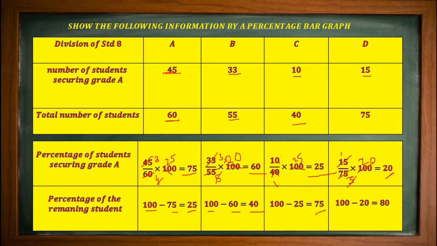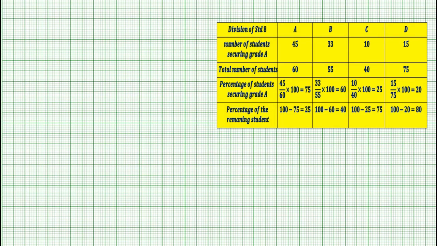Okay, and now we got the data here that how many percentage are there for standard A, B and C of 8 standard. So now we can easily draw the